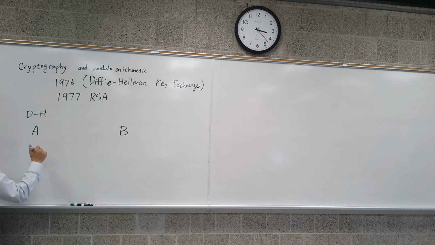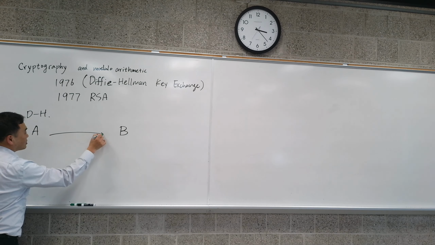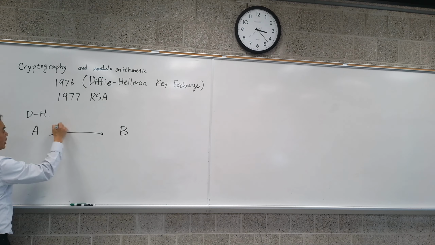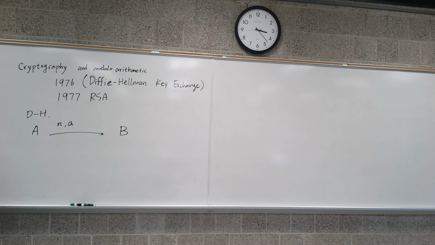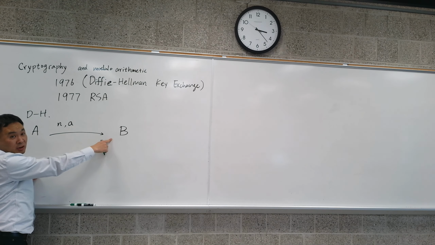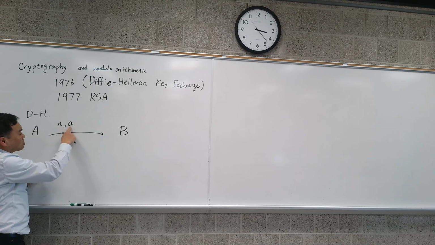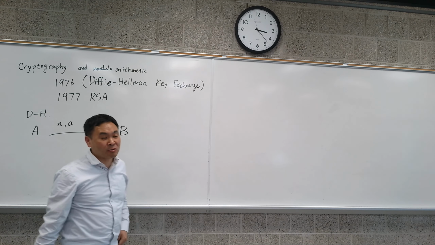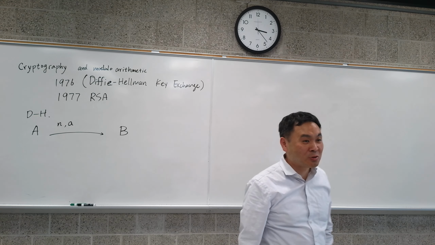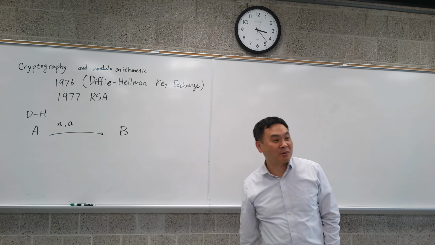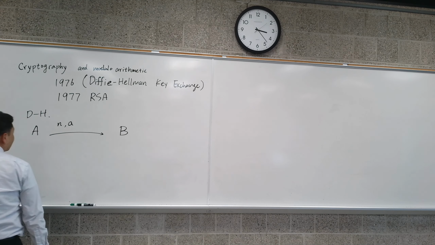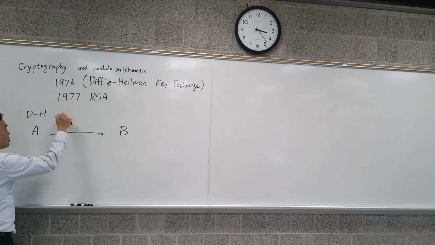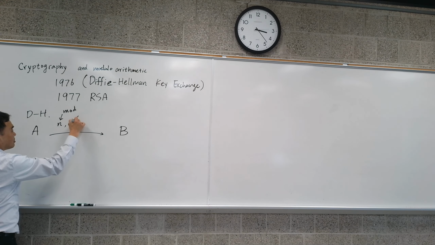Now, Alice will send to Bob some N and A, two numbers. And remember, this is going through an unsecured channel, so once Alice sends these two numbers to Bob, they just basically have to assume that it was compromised. People know what those numbers are, and they don't even try to hide it. Okay? It's out in the open. Now, what Bob does is this N will be used for mod, and this A will be used for